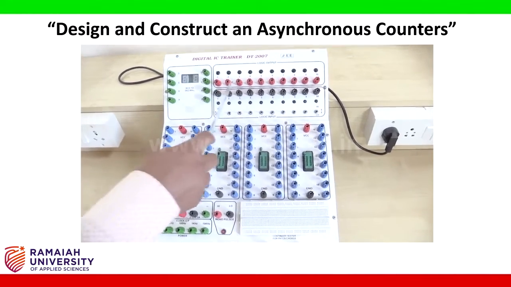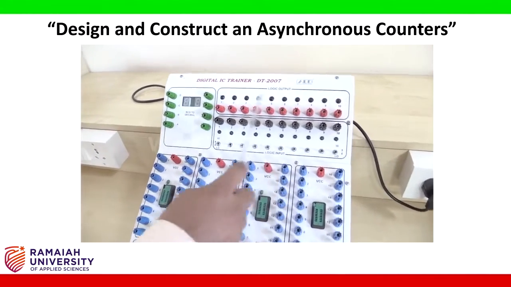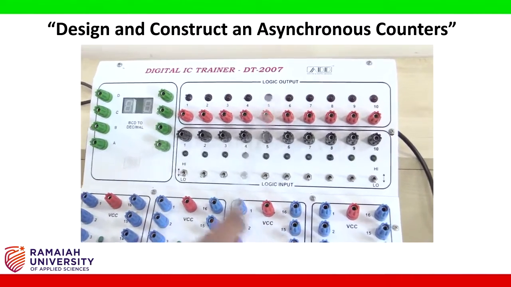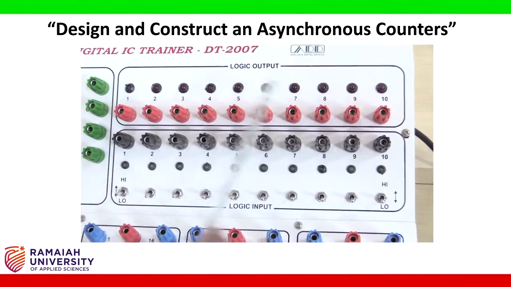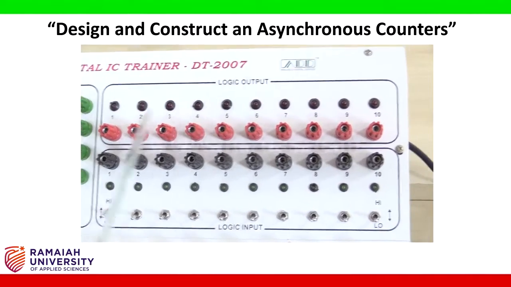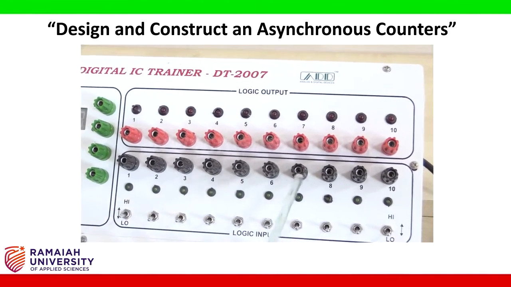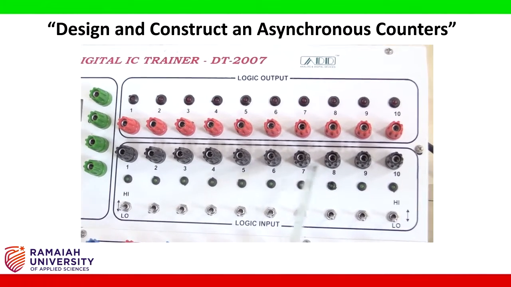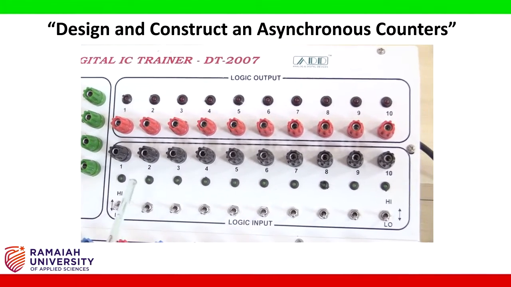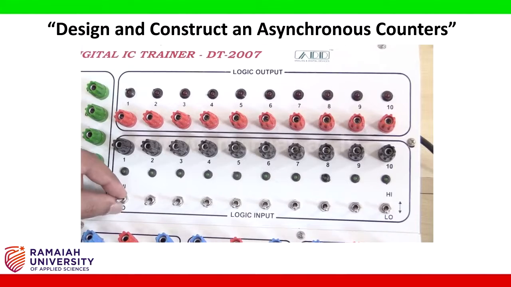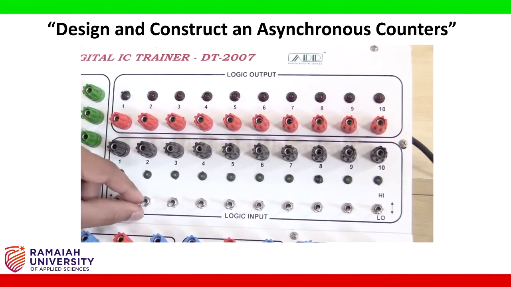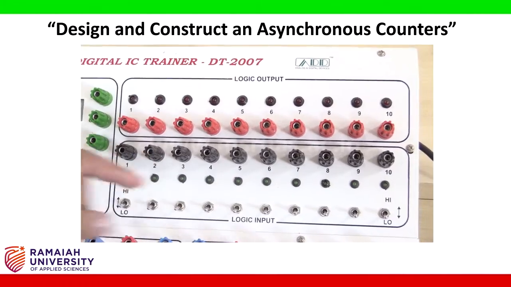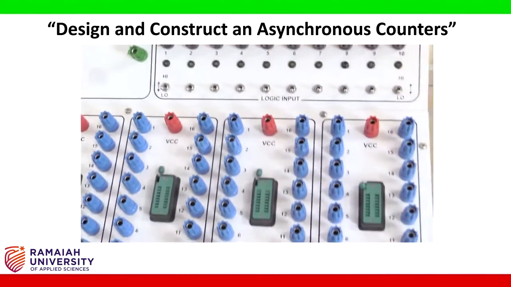So now here you can see at the top there are 10 red color knobs and 10 black color knobs. These 10 red color knobs represent the output, and the output can be seen through these LED bulbs, and the 10 black color knobs represent the input, and the input can be seen through the LEDs here. And these inputs can be varied by varying the toggle switch which is at the bottom of each input knob. So this is logic high, this is logic low, and here you can see there are 4 IC bases